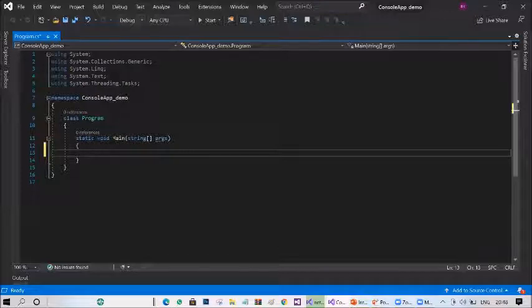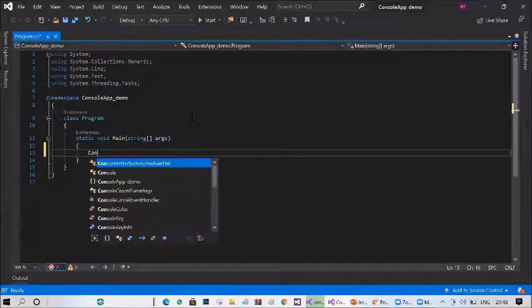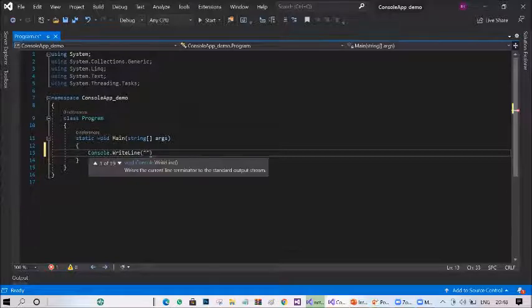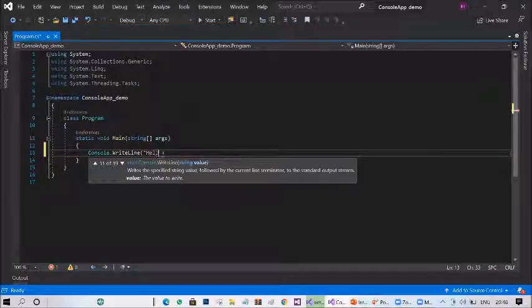Okay, let's understand this more by writing a Hello World program. All basic programs are Hello World programs. To write into a console, since this is a console application, it will be writing in a console or command prompt. For that purpose, we have a command called Console. So Console.WriteLine, and I'm just doing hello.